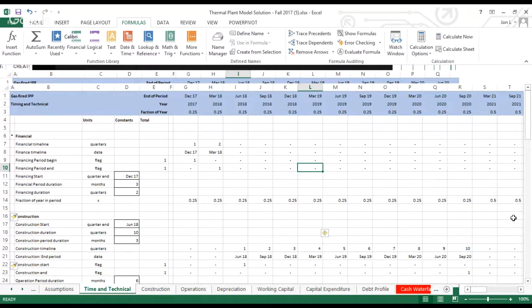Then your increases in working capital are the same, and your investment costs are the same. This is just your scheduled payments, and then your capex is all the same. Then you get this new unlevered cash flow, which is what the cash flows would be if you never paid with debt. So then our WACC comes from our assumptions tab, and then our NPV is the same